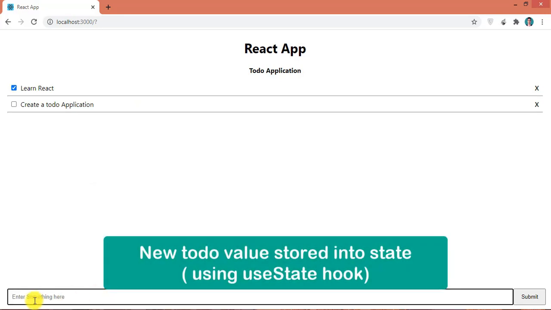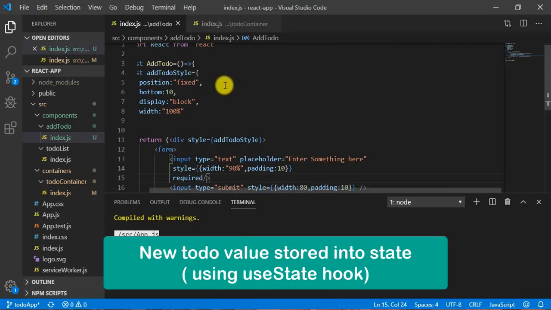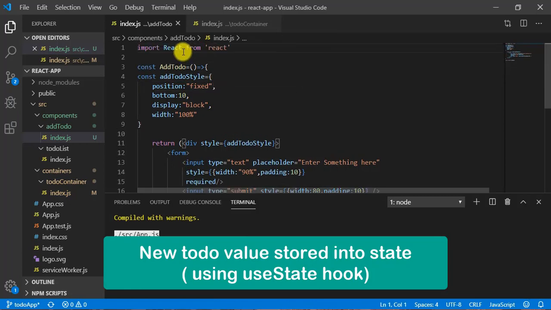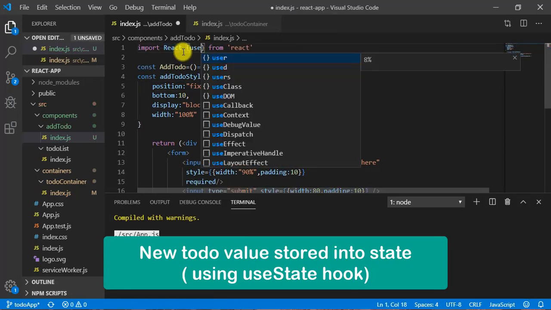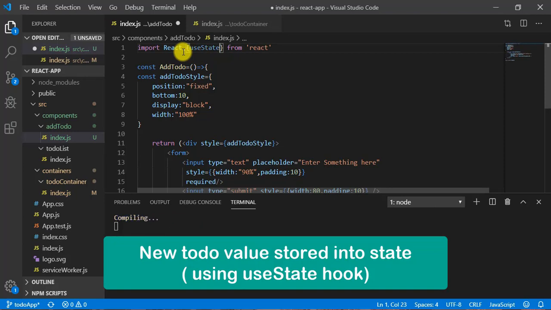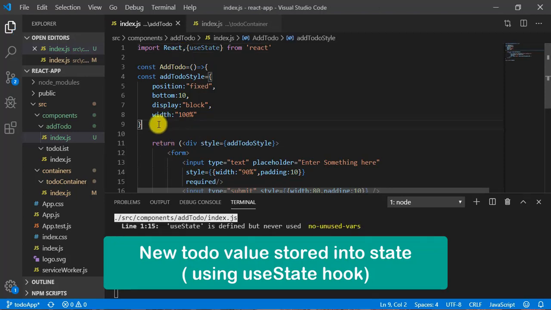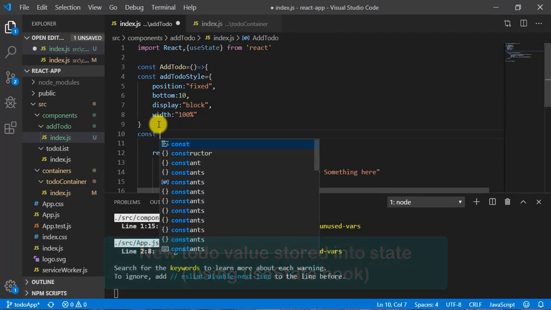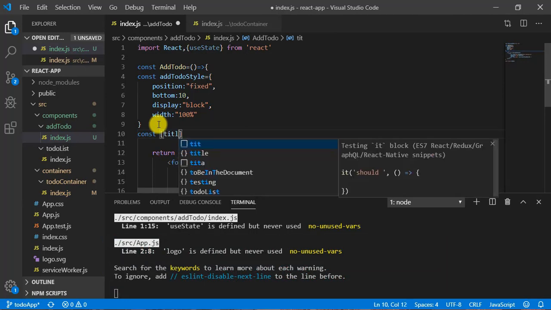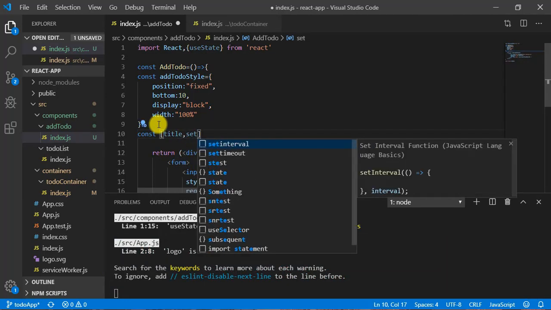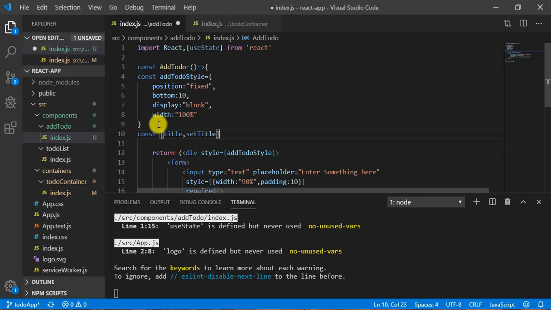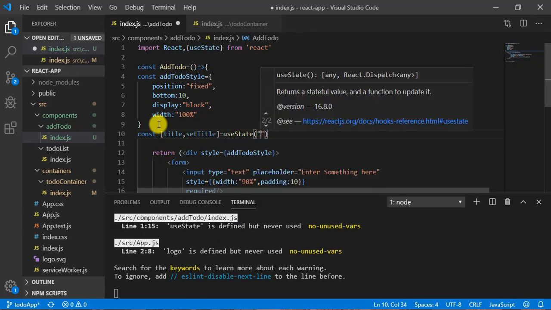Now here, in order to get this value, we need to manage a state. So here let's import the useState hook. Now let's create a variable called title, setTitle equal to useState, and give some value.